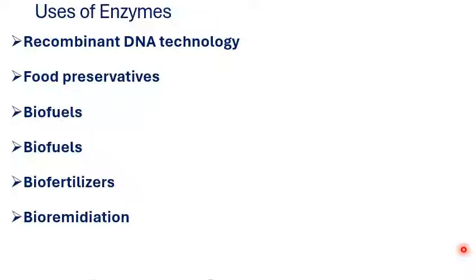In recombinant technology, briefly, it involves inserting a desired gene into a suitable host organism, and we then produce the desired enzyme. That's how enzymes are used in recombinant DNA technology. An example is Escherichia coli, which is usually found useful in biotechnology. For food preservation, some enzymes that possess antimicrobial properties can be used to extend